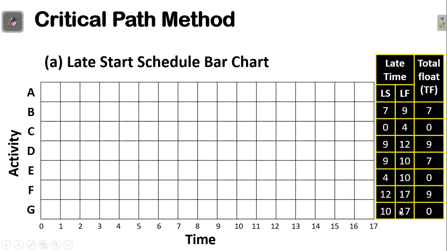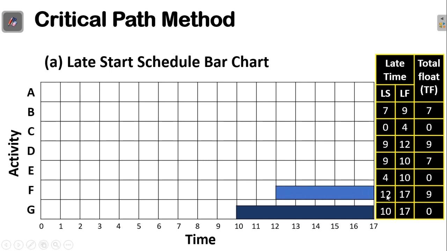Its late finish time is 17 and its late start time is at the 10th day. So it should start on the 10th day to 17th day, and this activity is critical, so it doesn't have a float. So for activity F, its late finish time is 17 and its late start time is 12, and this